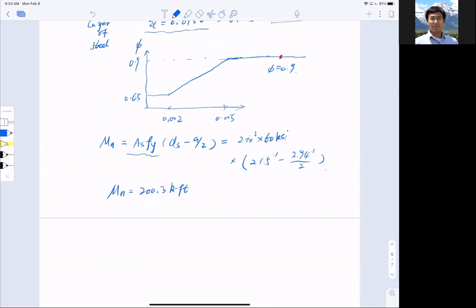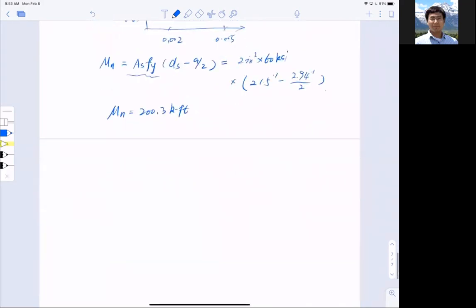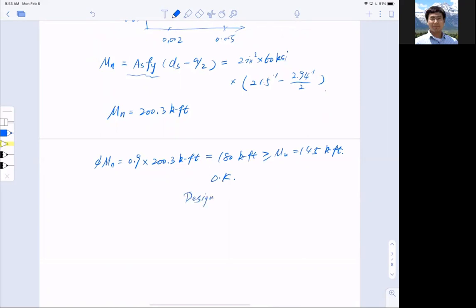Okay, is this good enough? Well, let's do a final check. Phi Mn equal to 0.9 multiplied by 200.3 kip foot. So that is approximately 180 kip foot, give or take. And that is definitely bigger than the applied moment, which is 145 kip foot. Okay, so we say design is adequate,